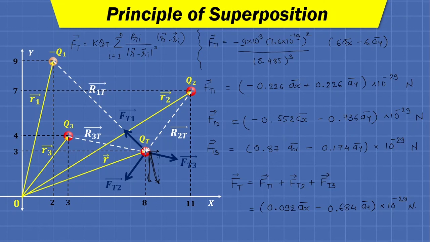Fine. And this charge will also have its effect on the remaining three charges. Fine. So q2 will move under the combined effect of q1, q3 and qt as well. But here the force on q2 is not of our interest. Fine. We just need to find the force on test charge qt. So here, with the help of the principle of superposition, we can find the force on any particular charge due to multiple charges. Okay, thank you.